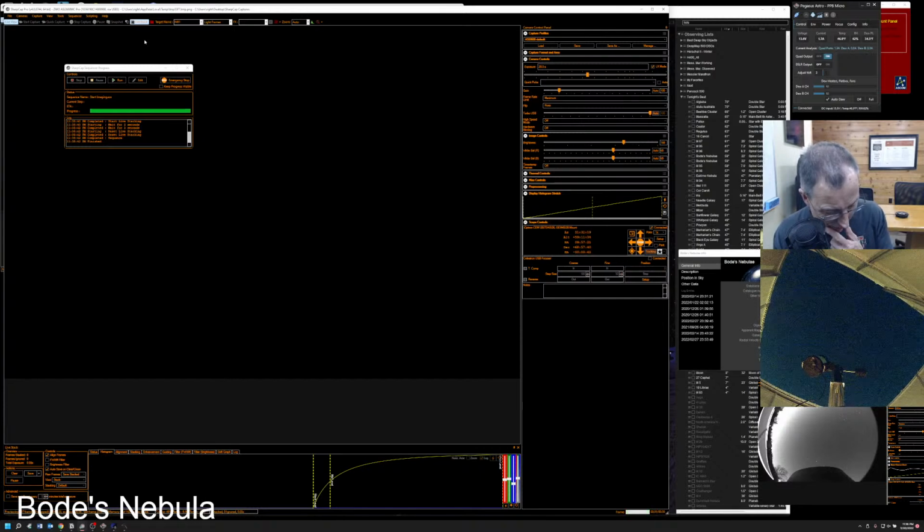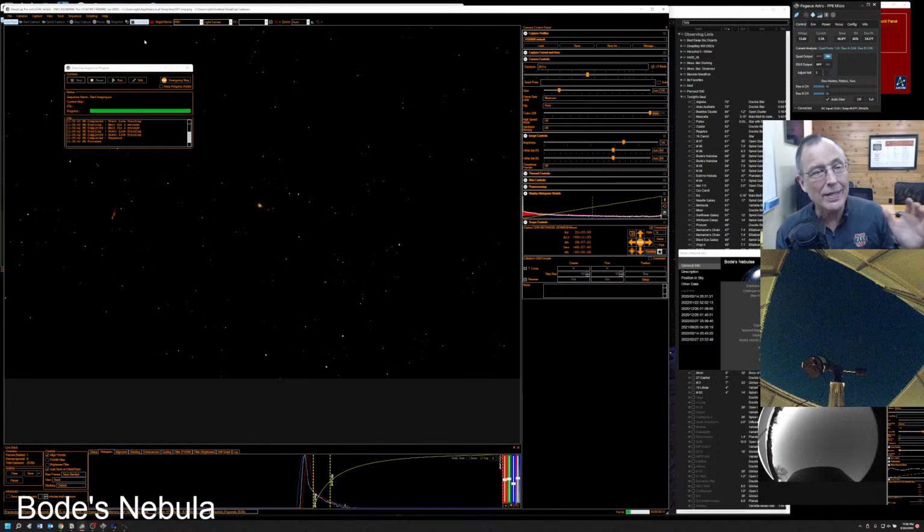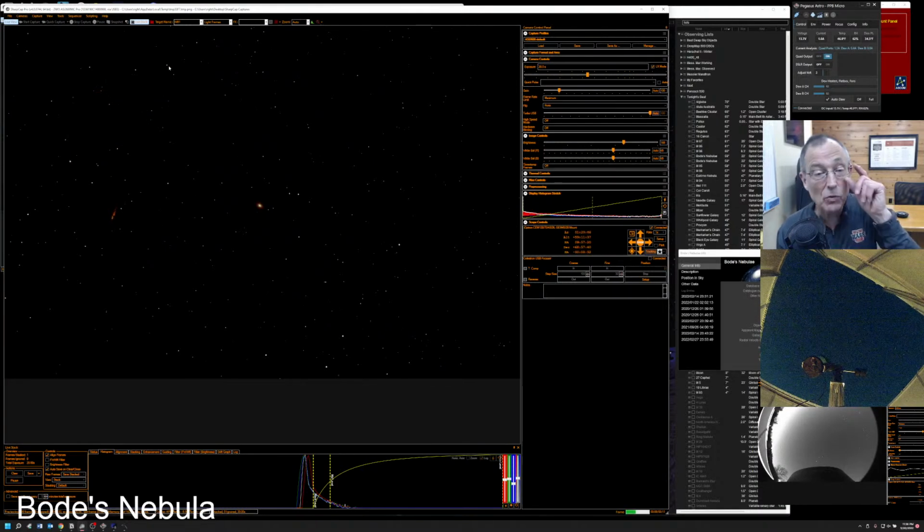Simon is asking, did you build a concrete pier, or is that a steel tube the mount is sitting on? Well, we did a concrete tube up about 4 inches above the floor of the observatory. Then we mounted a Pier-Tech height adjustable pier to that concrete pier, and it goes about 4 feet down in the ground. That Pier-Tech height adjustable mount can raise the whole thing up about, I don't know, 50 inches higher or so